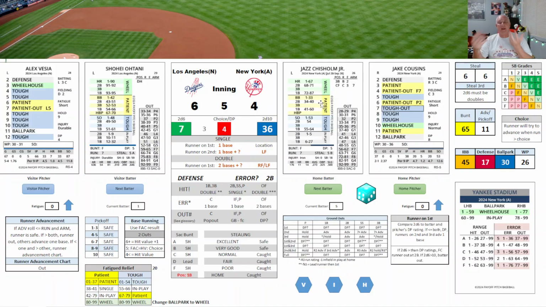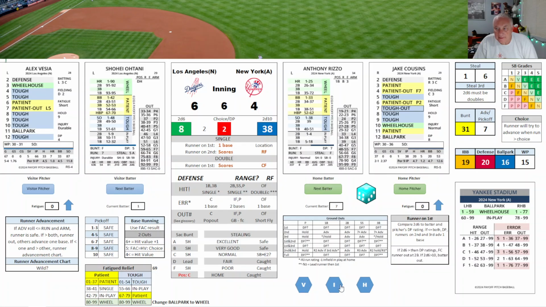So the way that works, the patient out, it's patient. If he gets a walk or a hit by a pitcher, he's going to get on base. If he doesn't and it falls into a hit range, it ends up being a line out to third. It could fall in his out range. It doesn't here. It falls into a hit range, but he lines out. 2 down. Volpe, 8, tough, 38, struck him out. So Vesia does a great job here, shutting down anything from happening.